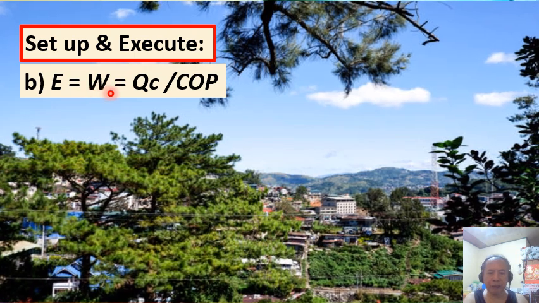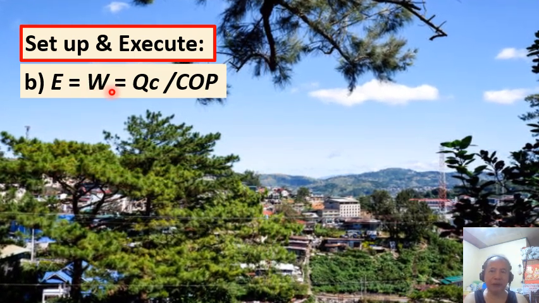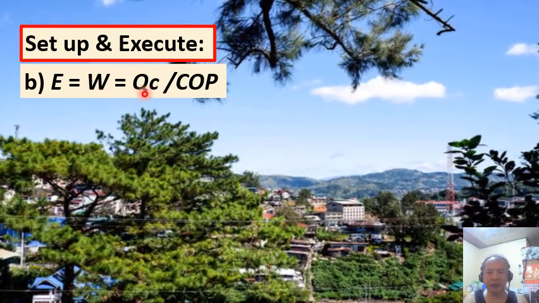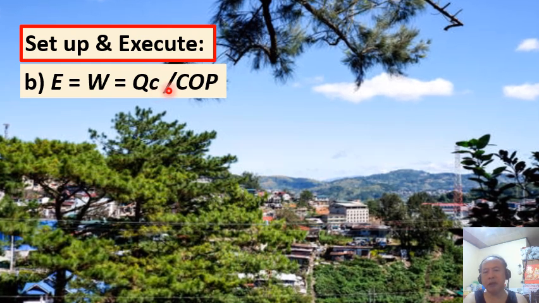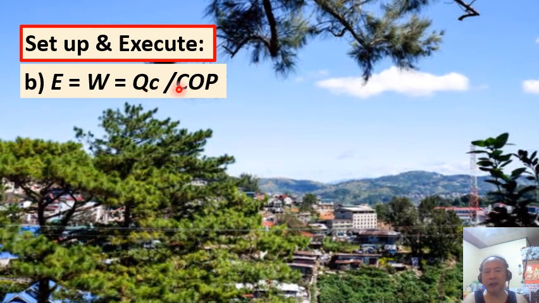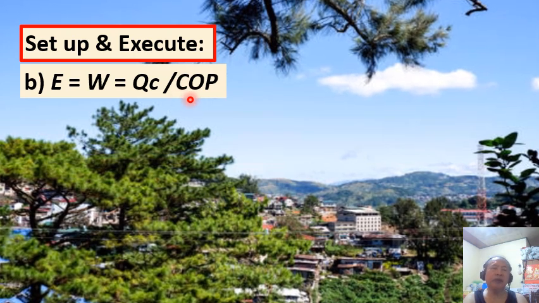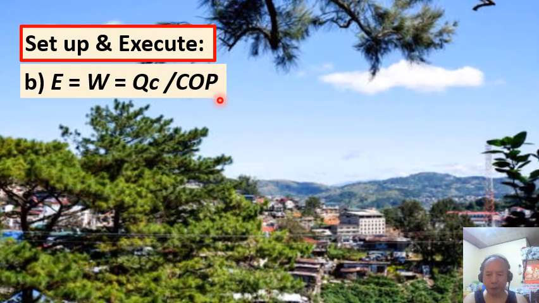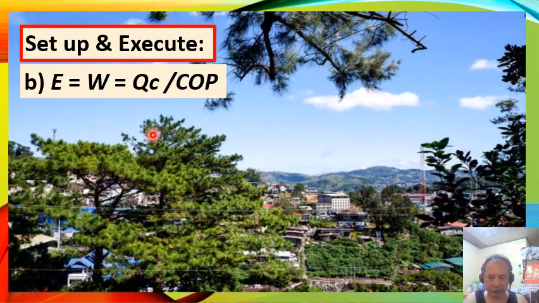So the work done by the compressor of the freezer is just equal to the amount of heat that is extracted from the cold reservoir, Q sub C, divided by the coefficient of performance of the freezer, or COP. That is,